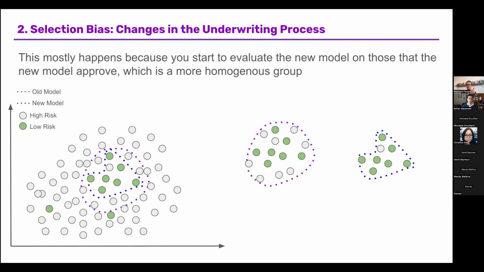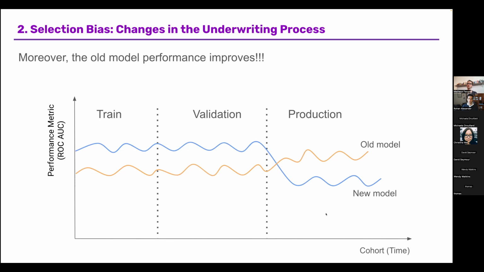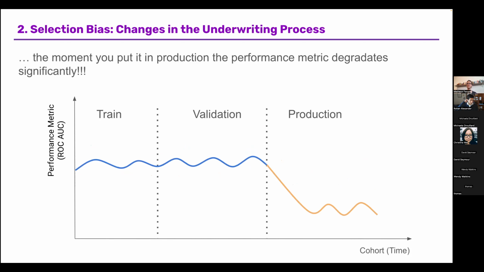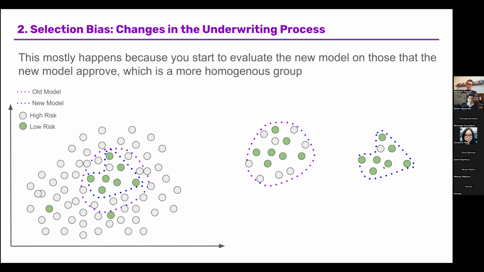However, once you put the new model in production and the new model starts to make decisions, now you're validating the new model on the data that it approved. And of course, this model is going to look a little bit worse because you're validating the model on the mistakes that it makes. Think about it. You're using a model to let people into your bank. You're using the model to say, okay, these people have low risk. If they have low risk, I'm going to let them in.